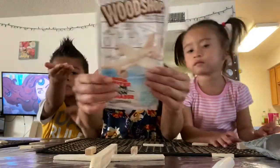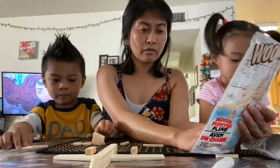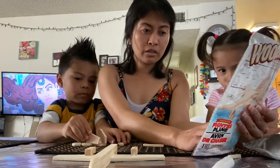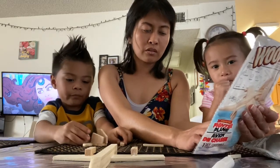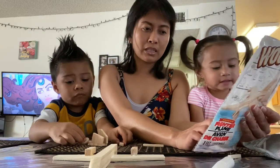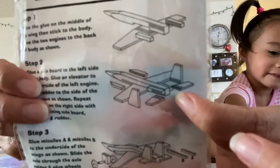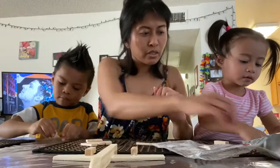Okay, so step 2 is glue a side board to the left side of the body. Glue an elevator to the underside of the left engine. Glue a rudder to the side of the left engine as shown. Repeat this step on the right side with the remaining side board, elevator, and rudder. Like that. And then reviewing the parts again. So these ones,